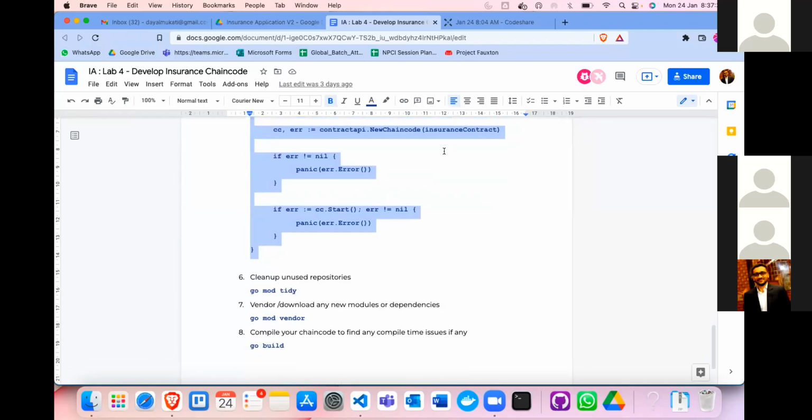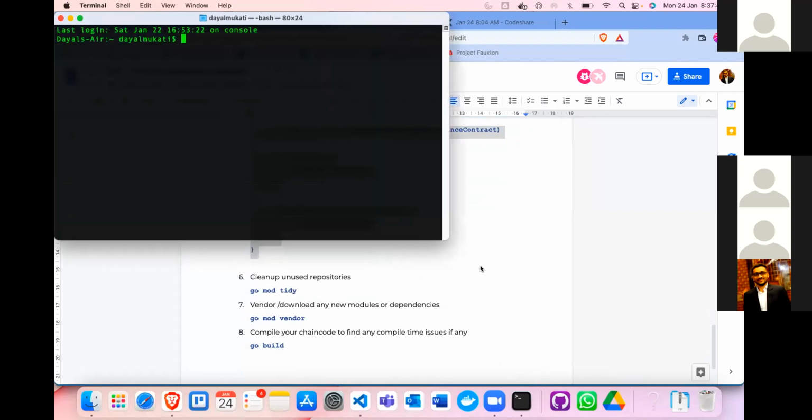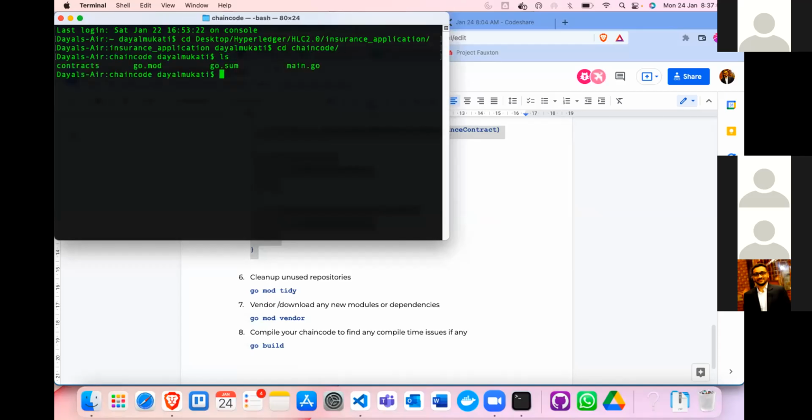After that, let's open our terminal now. Let me go to my cd Desktop, then Hyperledger, HLC, insurance application, then cd chaincode, and do the ls. Here I have contracts, go.sum, main.go. The very first thing I have to do is run go mod tidy,